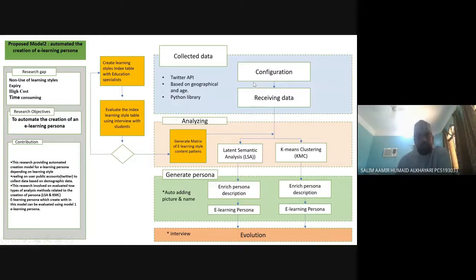So the first step is configuration, then receiving data. Then I'm going to use 2 different types of analysis. Then I generate the persona, adding pictures and names, and in the end I will evaluate it